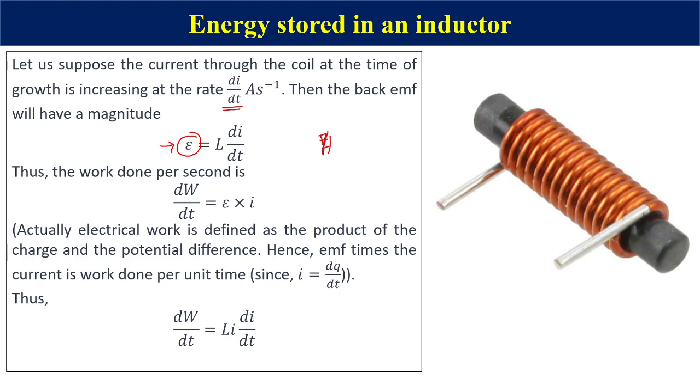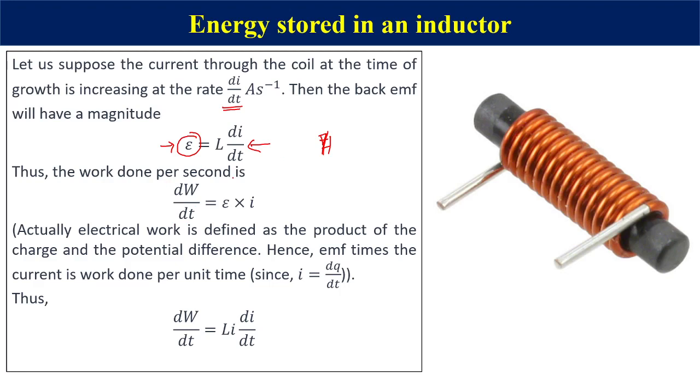So the back EMF is given by L di dt. You will be surprised that there was a negative sign, which I have dropped here, because the negative sign always gives you the directionality, that the original EMF actually opposes the increase in current. That is why there was a negative sign. But here I am just concerned with the magnitude of it, so I have dropped the negative sign. All right. So this is from the very basics of self-induction.